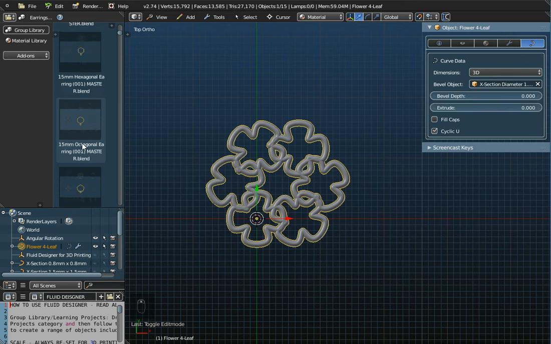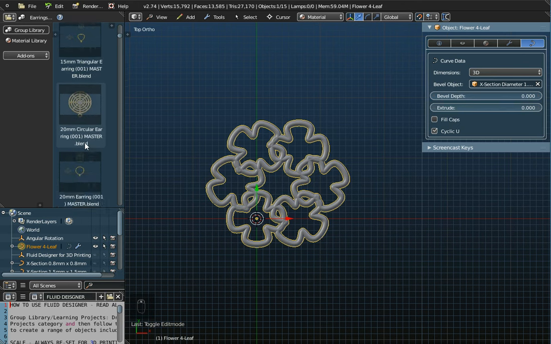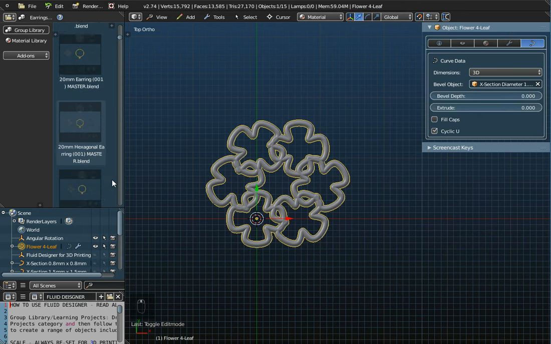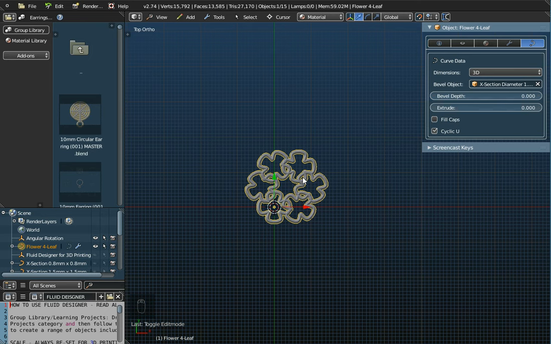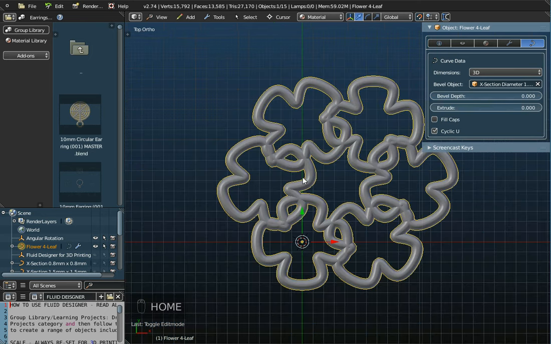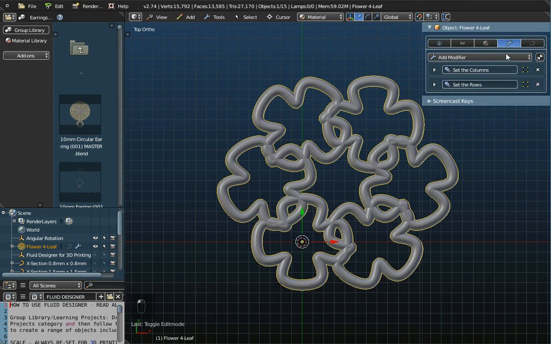The only thing to really do now is, if you take note of what all the objects look like in the browser panel here, they all look pretty much the same sort of size. The way to do that is, if you've got your object on the workspace like that, you just press the home key on the keyboard, and it will size it up, and that can be treated as your default size, like this 10mm circular earring over here. Fluid Designer will create a screenshot image of this without the properties window, so you don't need to worry about the properties window. You can leave that open. That won't be displayed in the browser,